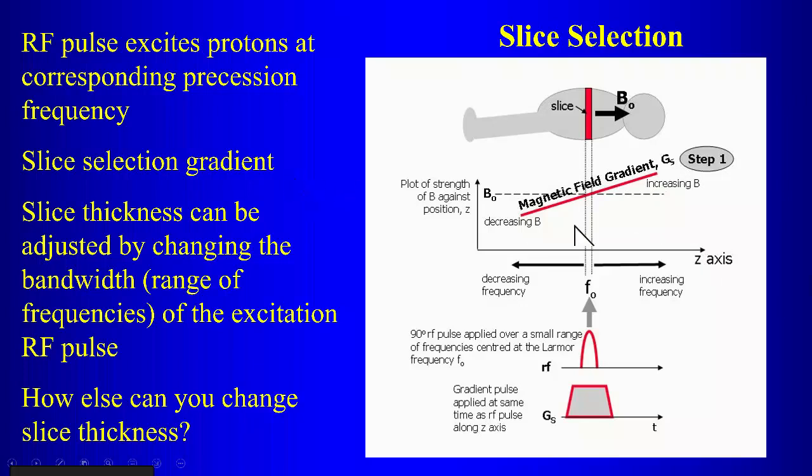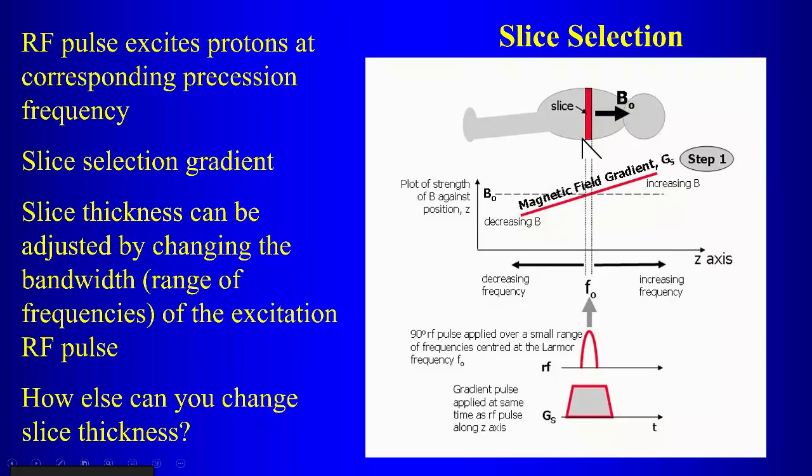So there's a slice selection gradient. What this slice selection gradient does is, in this example, we apply a gradient along the direction of the table here. So here's the main magnetic field. Down here at the feet, the proton experiences a magnetic field that is less than what it will feel up here towards the head. So by applying this slice selection gradient, the main magnetic field is more up here and less down here, right? And then let's say we have this particular slice in here, and we want to excite the protons